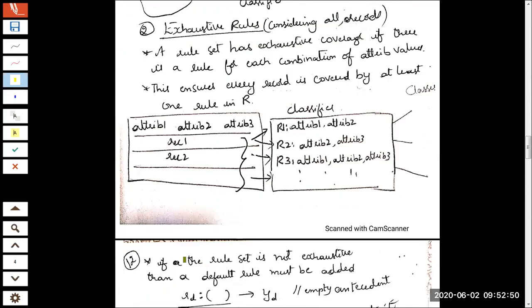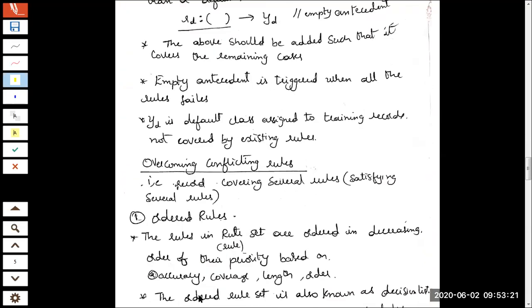Are you clear with what a rule-based classifier is? How a rule-based classifier is constructed, how it works? What is the objective of a rule-based classifier? What are the problems this rule-based classifier can experience, which we explored in the form of conflicting rules? Once a problem arises, we did not discard this rule-based classifier, we did not feel it's inferior. We came out with solutions to overcome this problem, and that was the topic of discussion in today's class. We saw different solutions, and found one solution is better compared to another in a specific aspect.